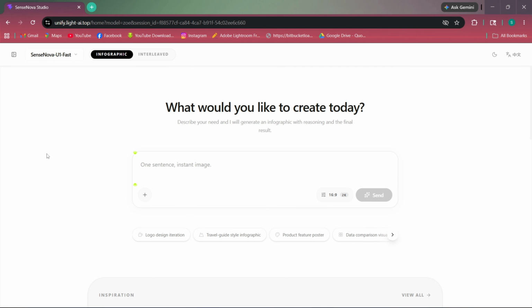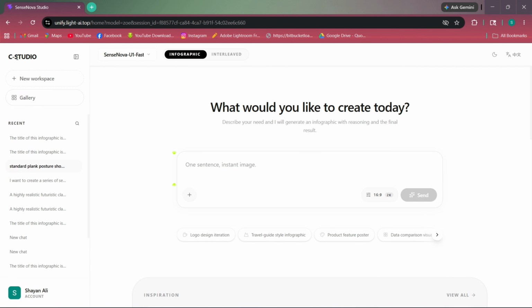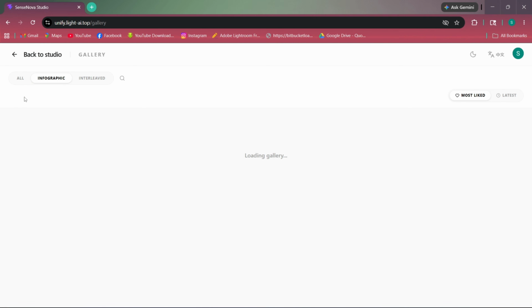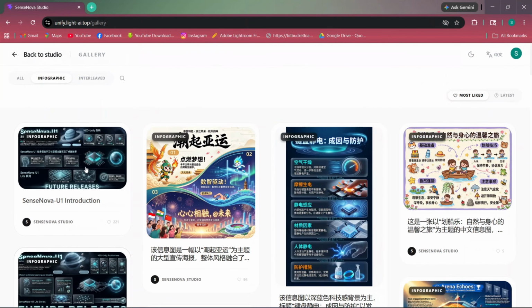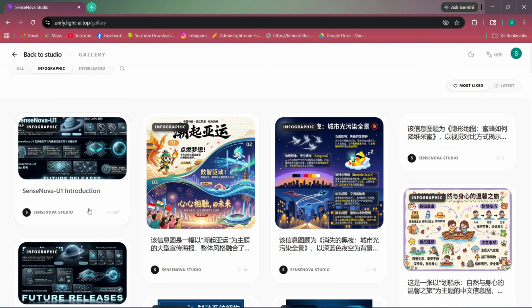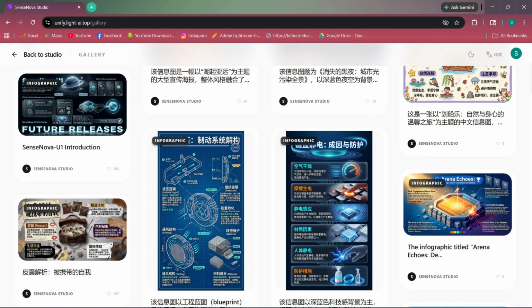Once you're logged in, here's the main interface of the platform. If you open the sidebar, you'll see your recent projects and recent activities, all neatly organized. And there's also a gallery option, so if you're not sure where to start, the gallery section is your best friend. You can explore previously generated results from other users, and here's the cool part, you can even reuse their